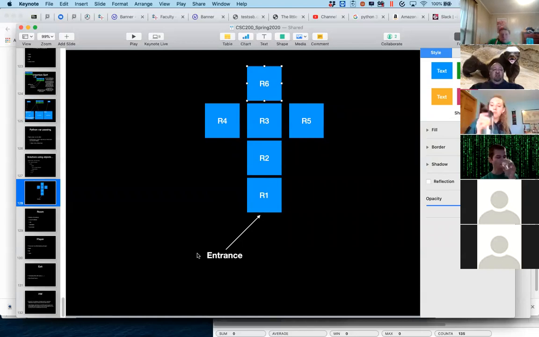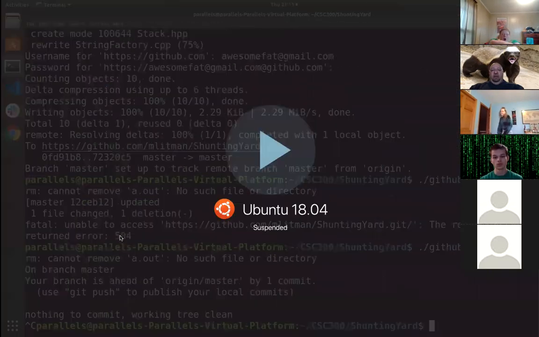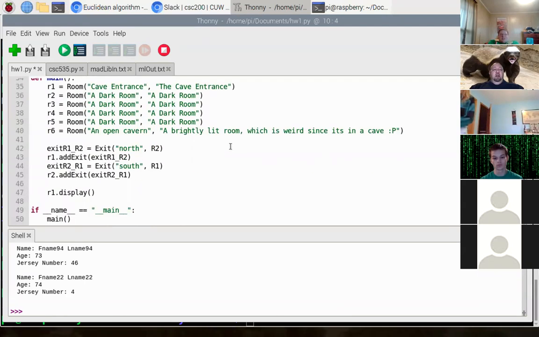we got ourselves started. Let's see, the official was build the exits and connect the rooms, make a room display itself so we can see that it's showing the correct exits and stuff. So it should display its title, its description, as well as the available exits. Okay, so let's go ahead and write that part first so we can test it on our initial pieces